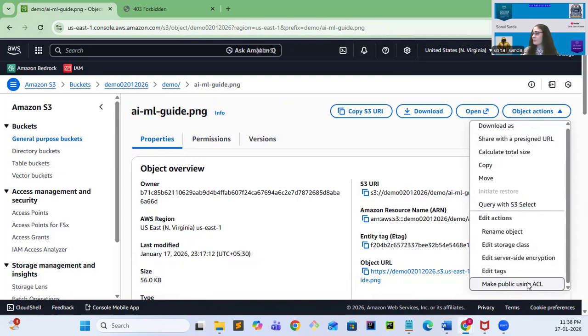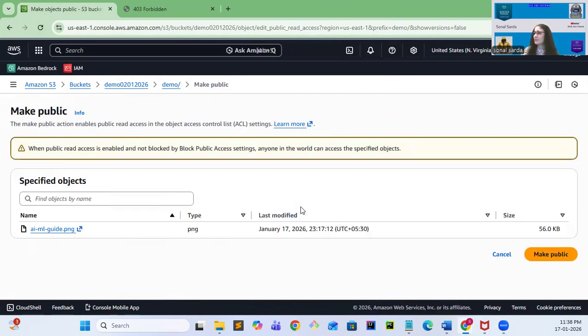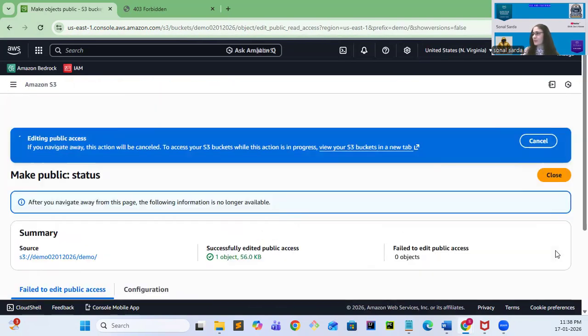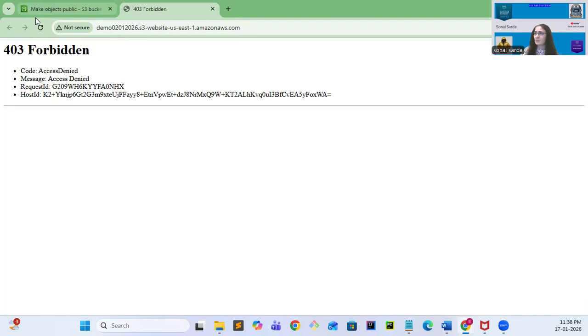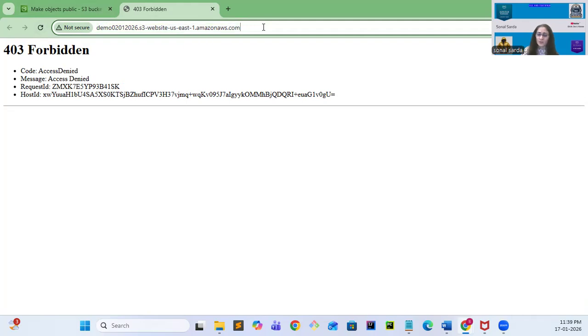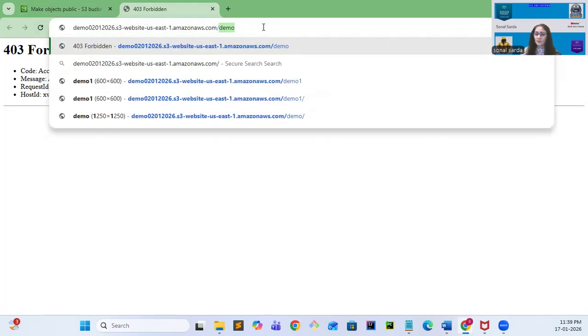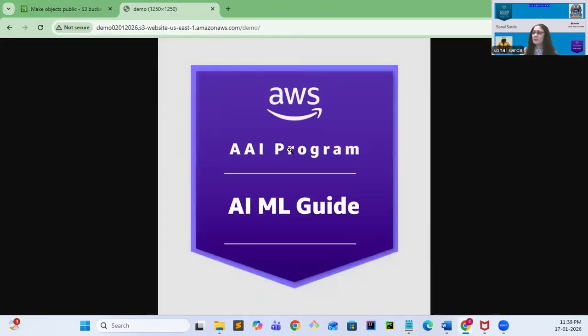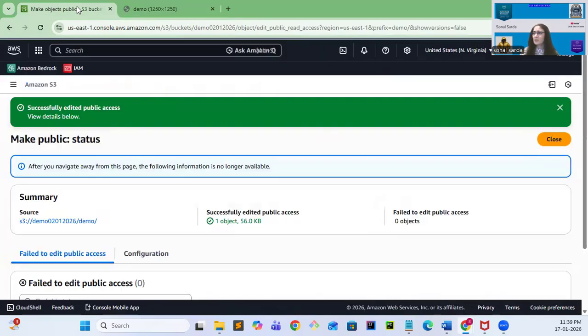Okay, let me go ahead with make public using ACL. But still it will not be reachable because I missed the folder name, since my object is uploaded inside a folder. So I have to give the folder name after the URL, and the folder is /demo, and now it is reachable. So this is how we host a static website in an S3 bucket.